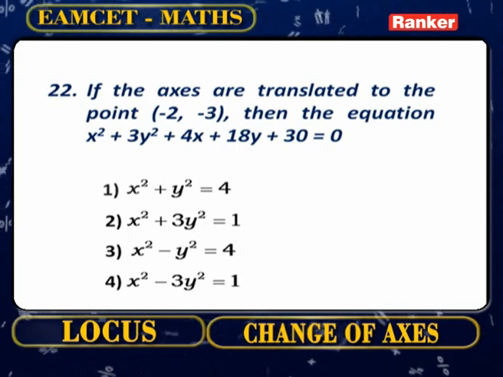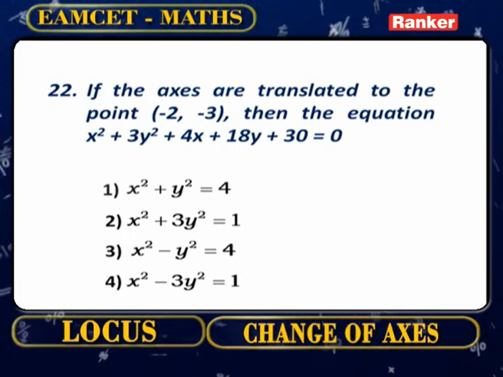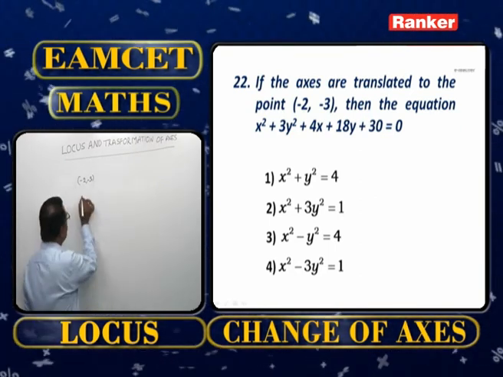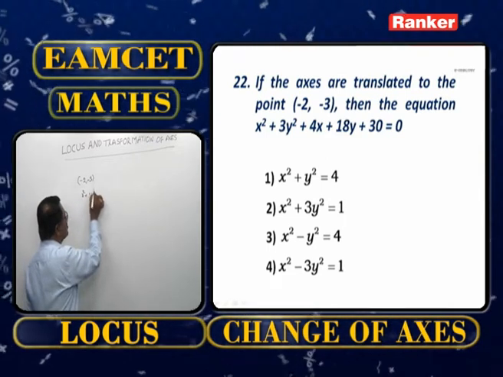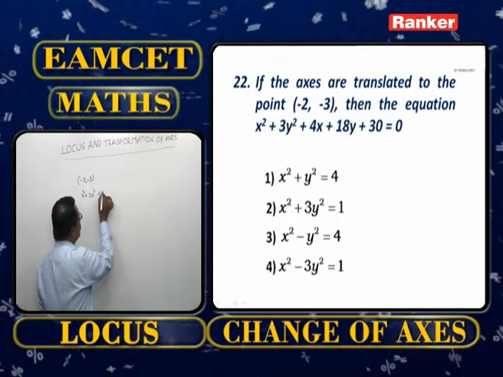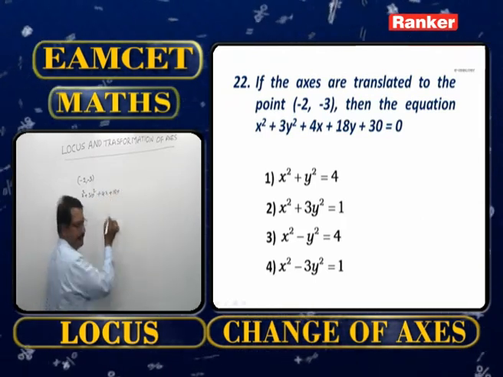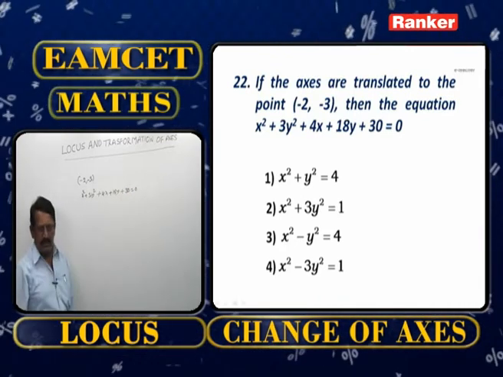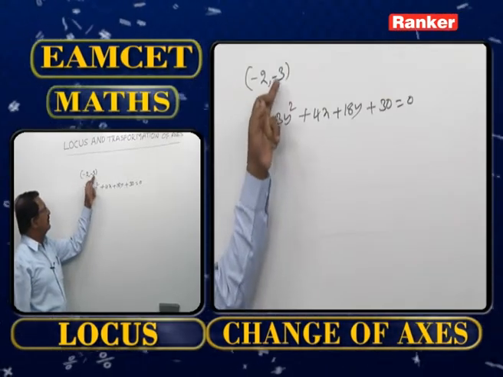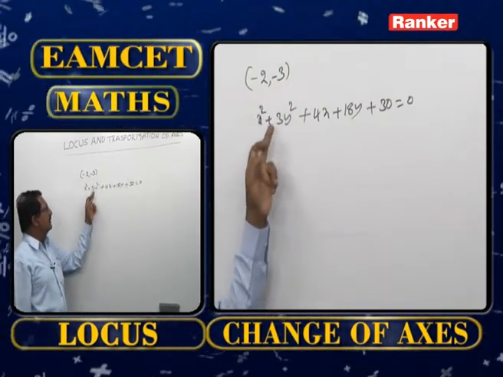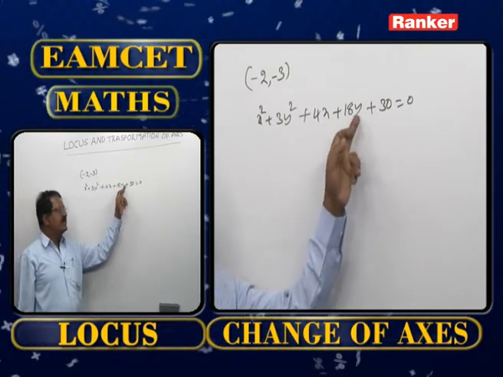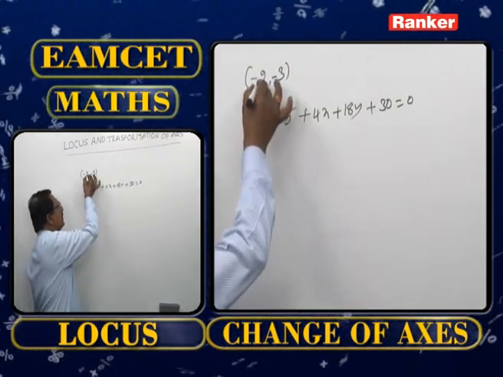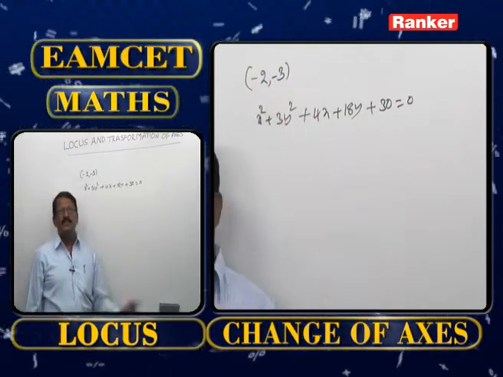If the axes are translated to the point minus 2, minus 3, then find the equation x square plus 3y square plus 4x plus 18y plus 30 equals 0. Now the origin is translated to the point minus 2, minus 3, and we need the translated equation. Here the original equation is given, and the origin is shifted to the point minus 2, minus 3. Now we require